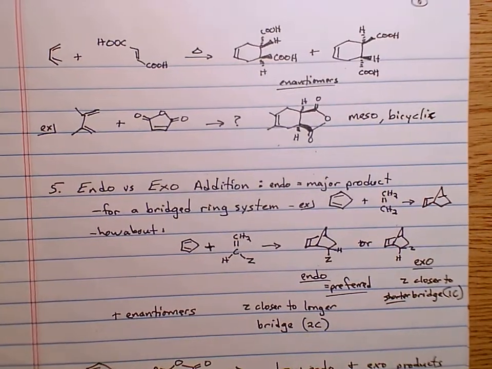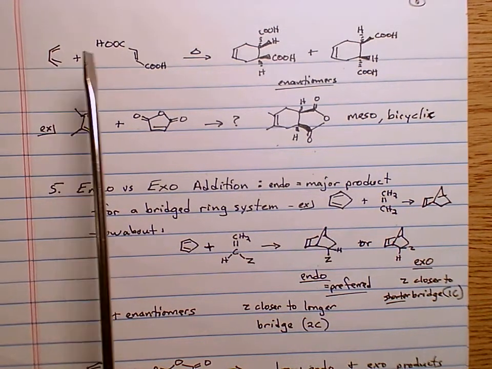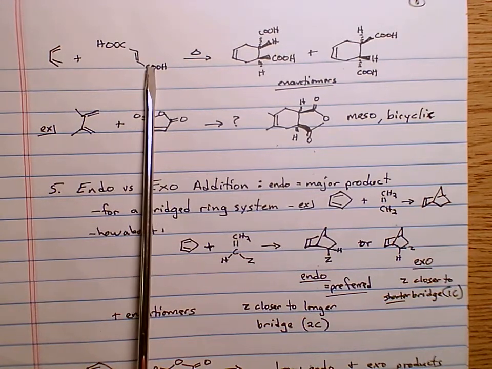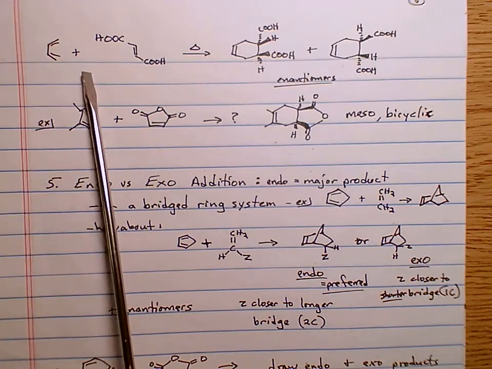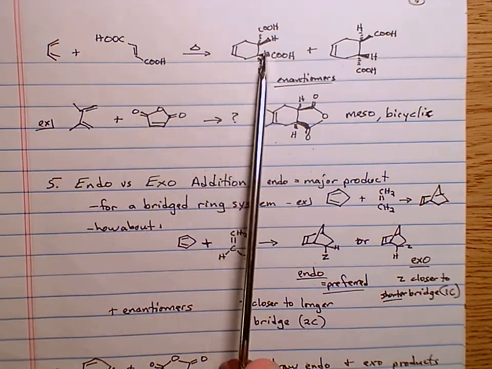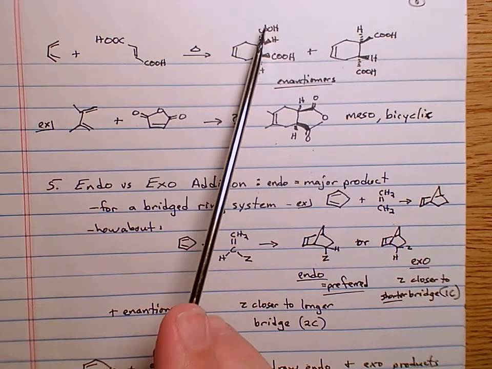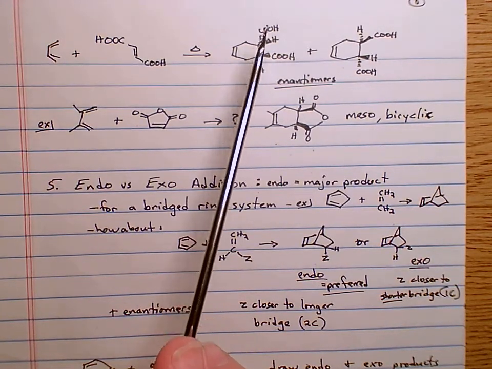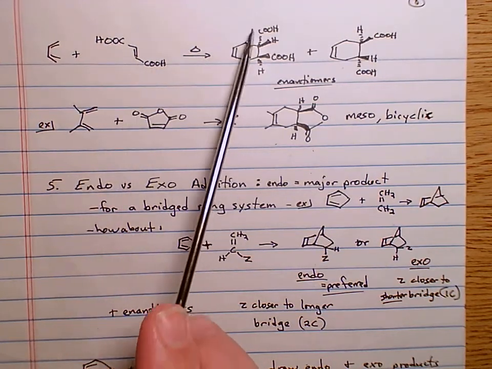Okay. Well, now let's look at this situation. Let's have our diene here, and our dienophile. Note the two groups are trans. If you add heat, you'll get this reaction to occur. Diels-Alder, gotta love it. You make a cyclohexene. And so now this COOH group will be going back, and this one will be coming out. If they start trans, they have to end trans,